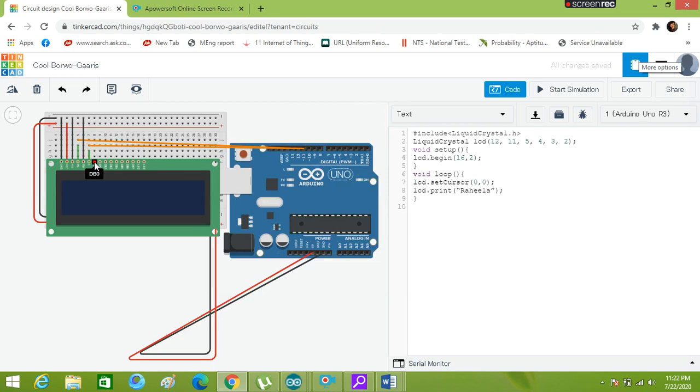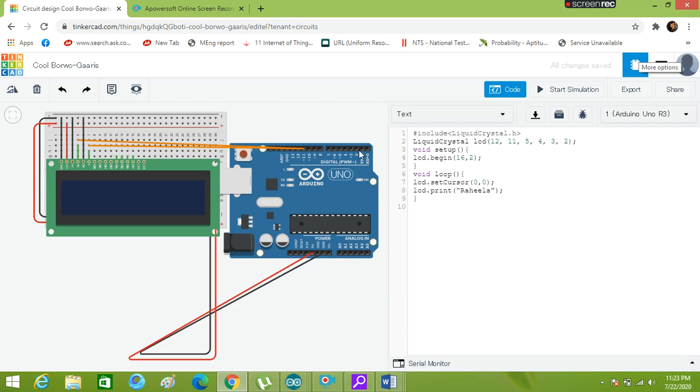Our next is DB0. We are not using it, so we would not connect it, and we start connecting from DB4. From DB4 to DB5, I'm simply connecting it to the breadboard. Initially, to DB7, I'm simply connecting it to the breadboard. All the pins from D4 to D7, I simply connect to the breadboard initially, and then would connect them to the Arduino. Okay,